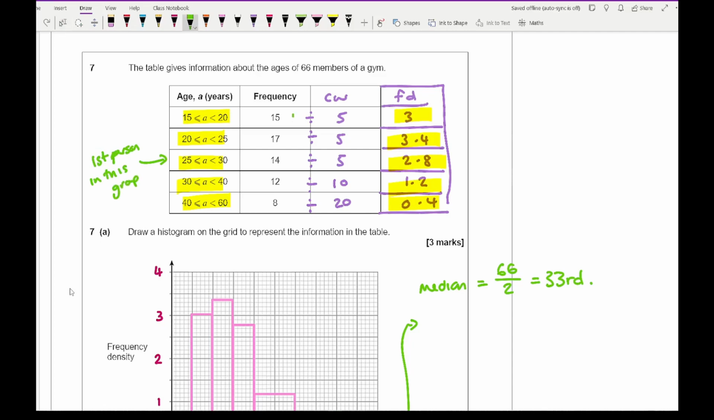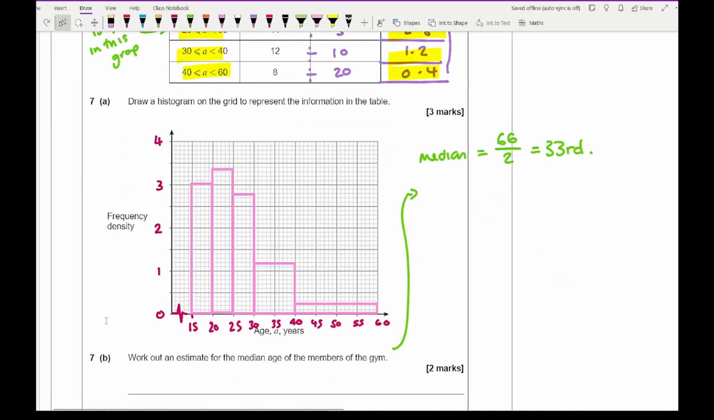Because the cumulative total is 15, then it's going to be 32. And so I only need one more person from this 25 to 30. So if that block includes 14 people, and I'm only needing 1, then what I'm needing is to divide the class width by 14. So that's going to be 5 divided by 14, which doesn't simplify, so it's just 5/14. And then I need to multiply that by 1, and that gives me an answer of